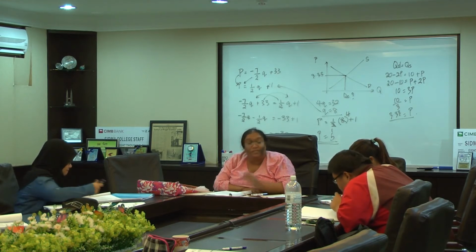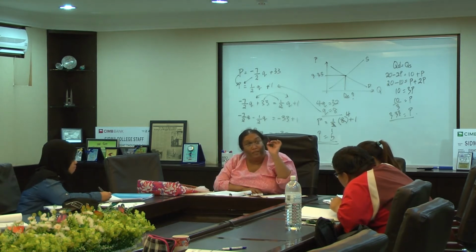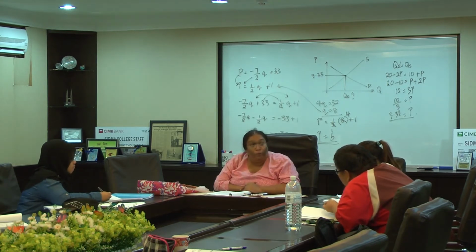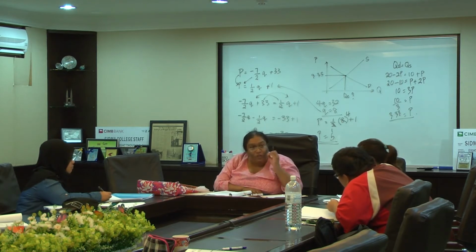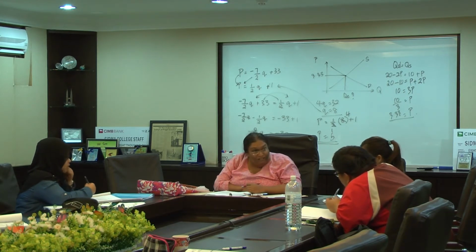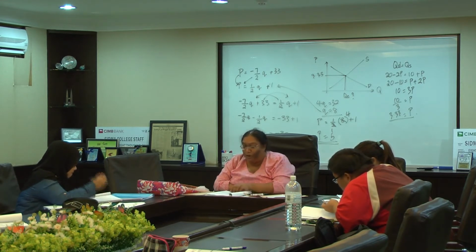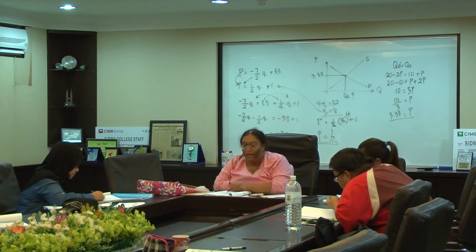Now the first one, price elasticity of demand, measures the responsiveness in quantity demanded due to a change in the price of the same good. That means when the price changes, how much does the demand change? We want to know. It's just calculating percentages. If price changes 1%, how much does the quantity change? Is it more than 1% or less than 1%? Now, what is the formula? Percentage change in quantity demanded divided by percentage change in price.